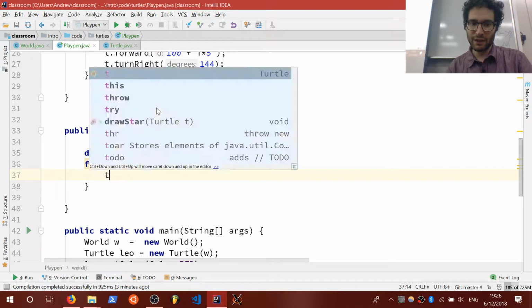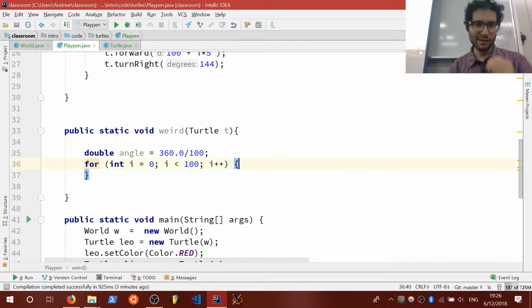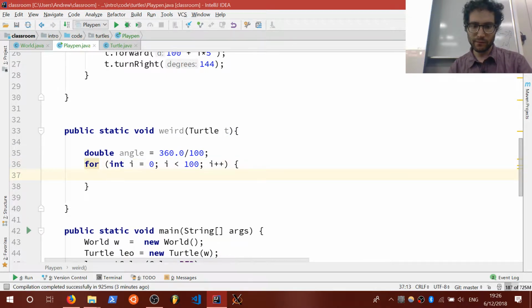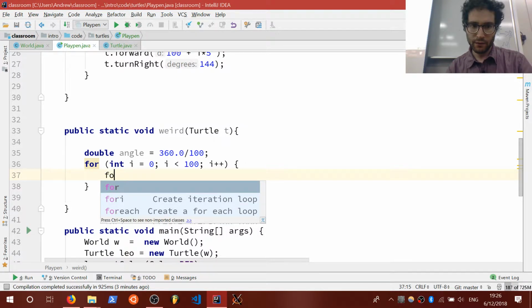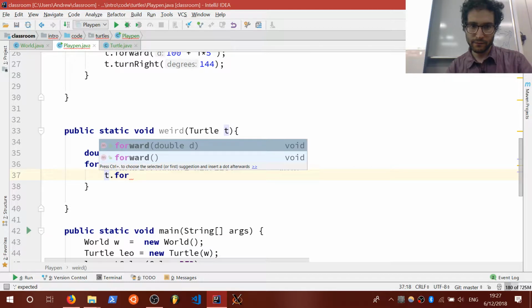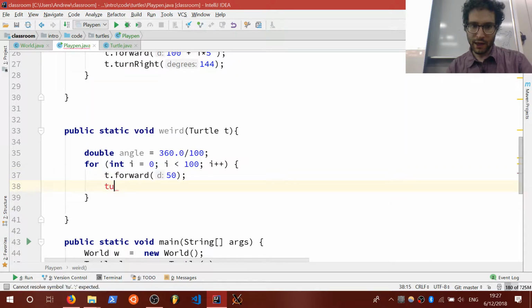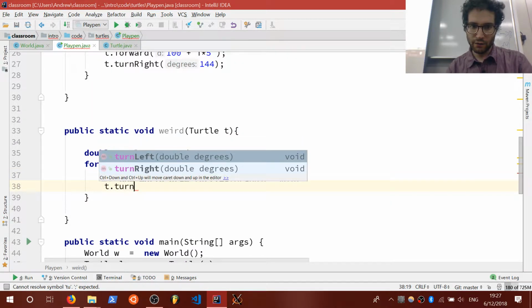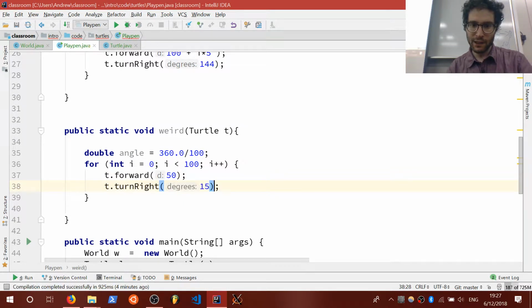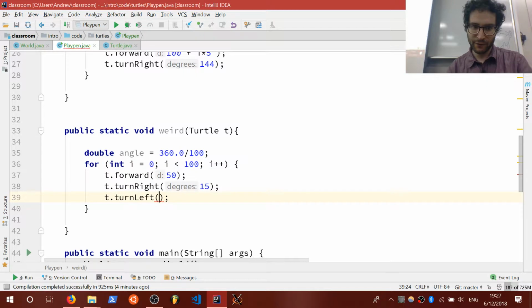What we can do is we can tell the turtle to, let's see, go forward, t dot forward 50, t dot turn right 15, t dot turn left 25,